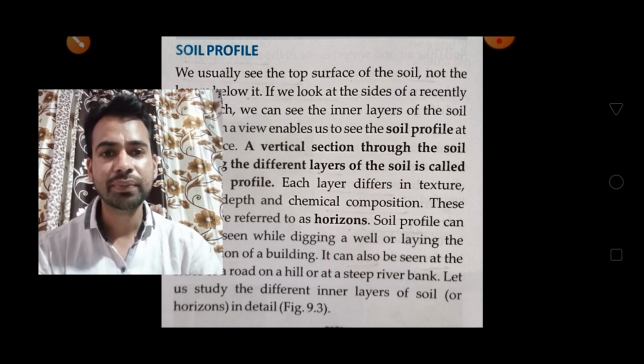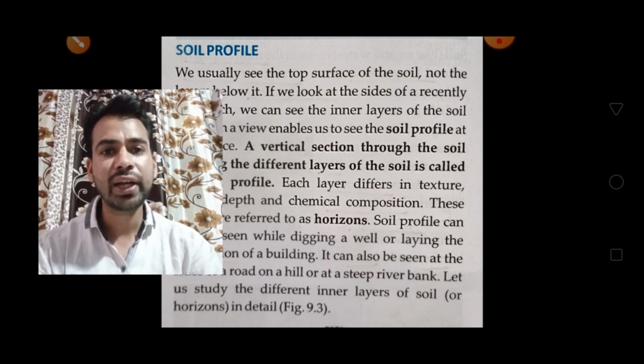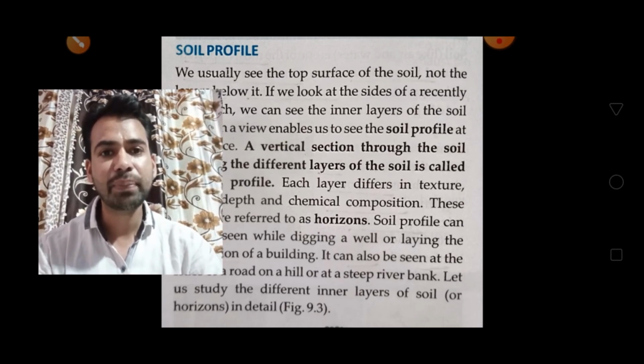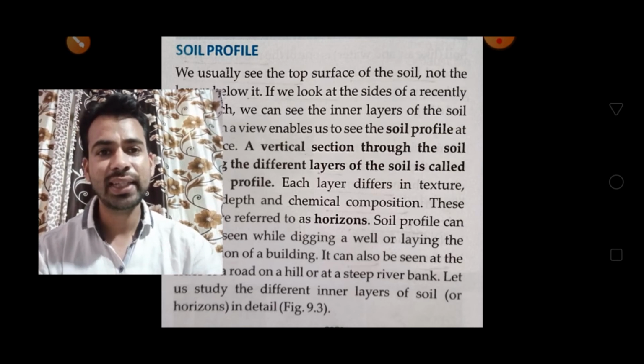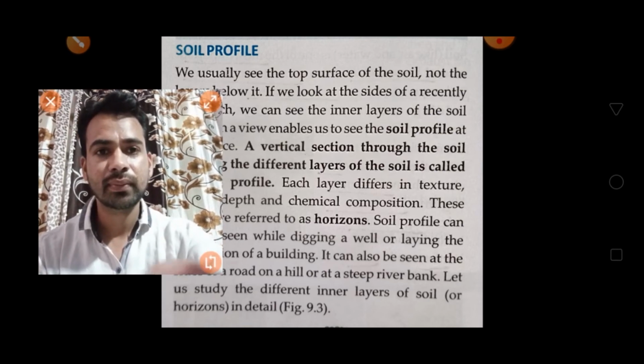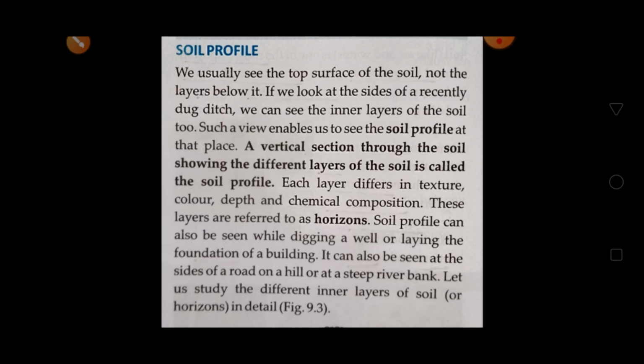Now in this video, we will cover soil formation, soil profile, and types of soil. Okay, so let us start. Soil profile is a vertical section through the soil showing the different layers of the soil.